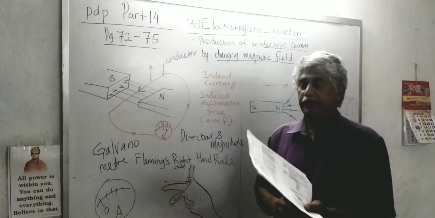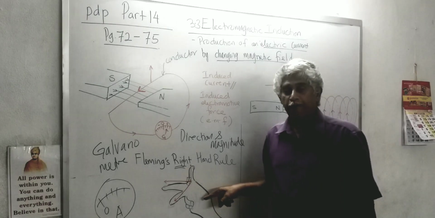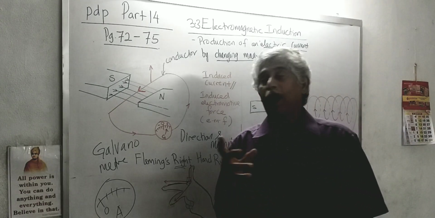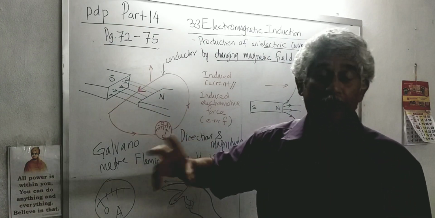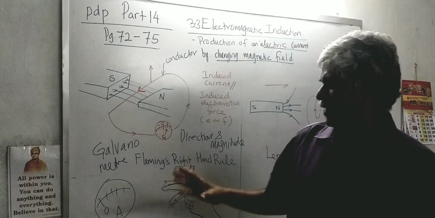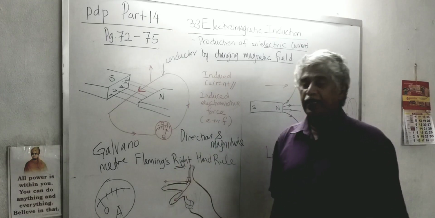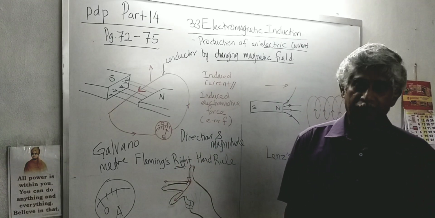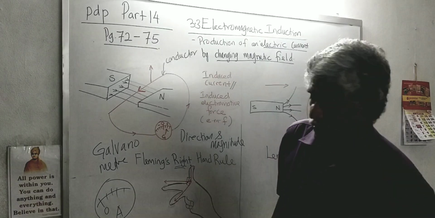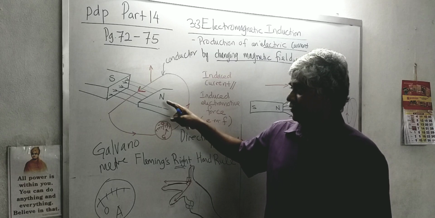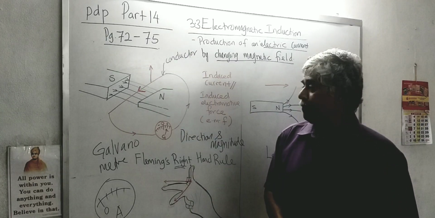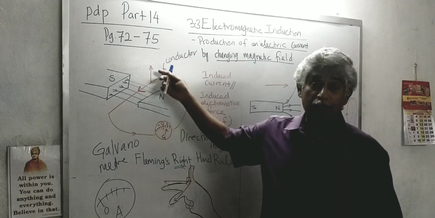Direction of current we can use Fleming's right hand rule, whereas for the magnitude of current, basically what are the things you can modify here in order to get a large quantity of current. That is quite a simple thing, but let us see the Fleming's left hand and right hand rule first. When you have a pair of magnets, first we have to use current, so there must be a change in the magnetic flux by the conductor.